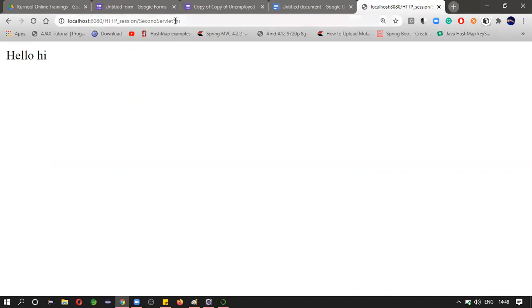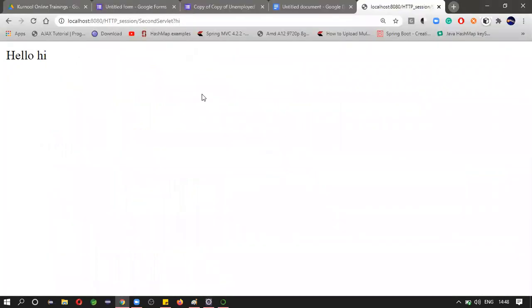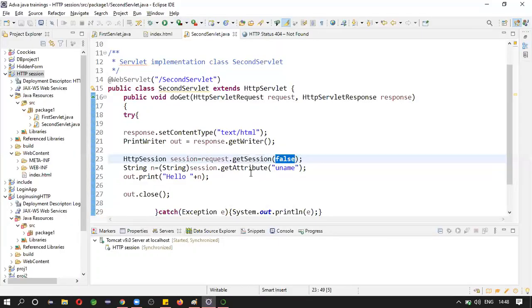Suppose the user appends something here, like hi. This data will travel through to the next request, so that he may try to include his own data. In order to avoid that, we are making this false. If no session is there, we are not going to create any session.